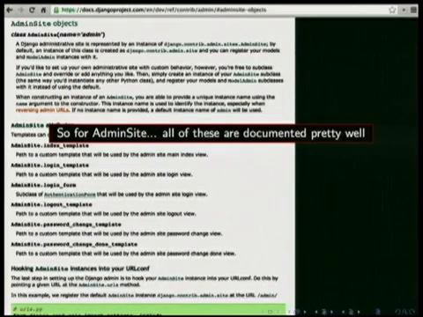And then admin site is the thing which creates the site itself. The pretty good thing is that all of these are pretty well documented. Admin site has a lot of templates that you can override. So basically there is base model admin and admin site, which define a lot of attributes which you can override in order to provide the values that you want. So you can always provide the specification, like this is the field that I want list display on, and all of that stuff,